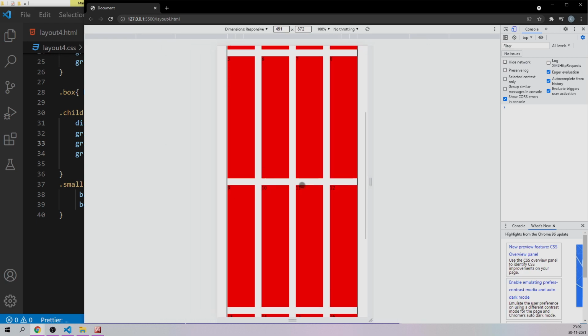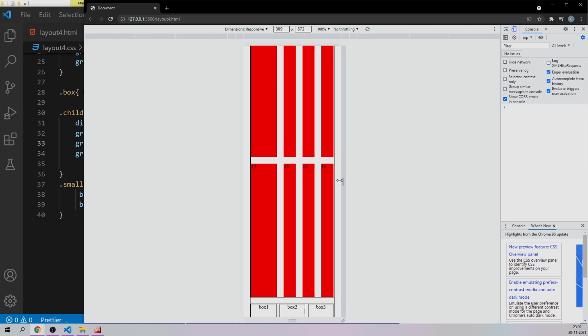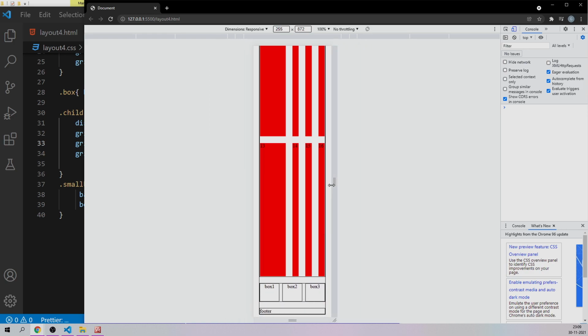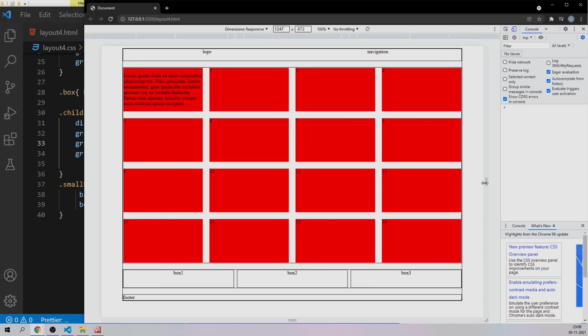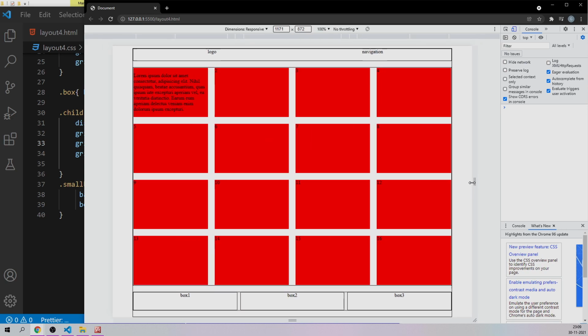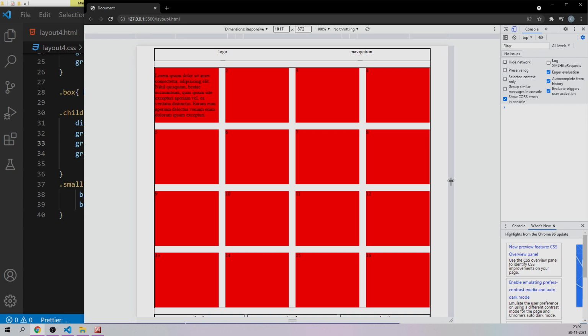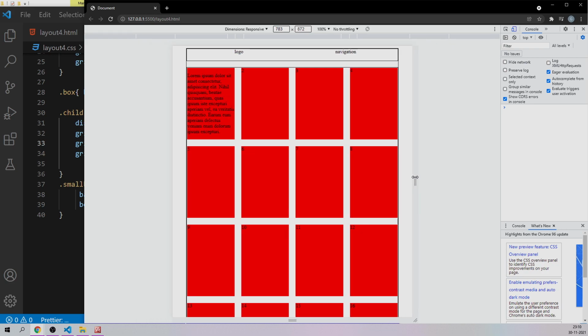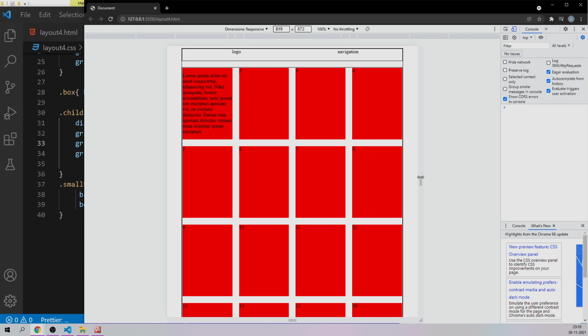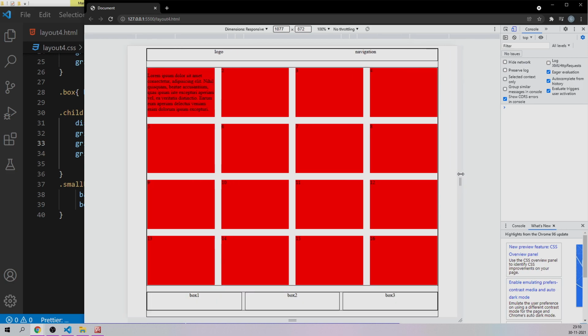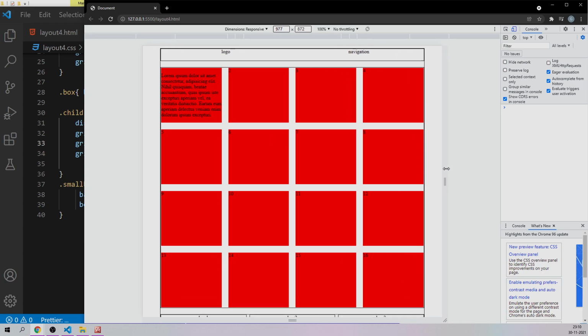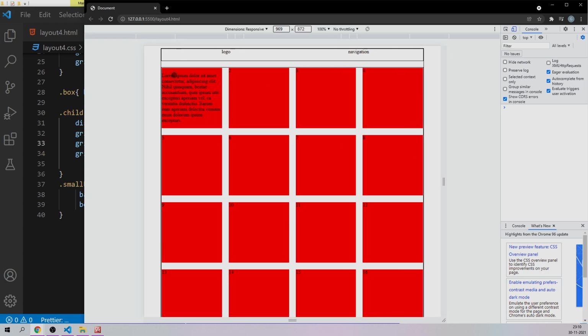Let me just grab this, scroll down, and as you can see, the boxes also are shrinking like this. Let me grab this and make it a little bit bigger. And see guys, up till 1,000 pixels of width, I guess this is okay. But as soon as it becomes less than 1,000 pixels, the height is increasing and everything is getting shrunk. So what we are going to do is write a command saying that if the width becomes less than 1,000 pixels, these three should take up the entire column.